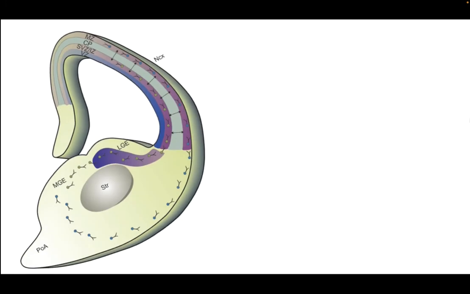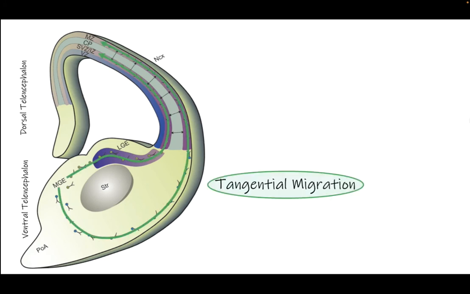While glutamatergic neurons develop in the dorsal telencephalon, which includes the cortex, the ganglionic eminences in the ventral telencephalon give rise to the GABAergic interneurons. Therefore, they need to first migrate into the cortex, where they can then integrate into the cortical circuitry. This migration process is called tangential migration, as opposed to the radial migration of the glutamatergic neurons during cortical layer